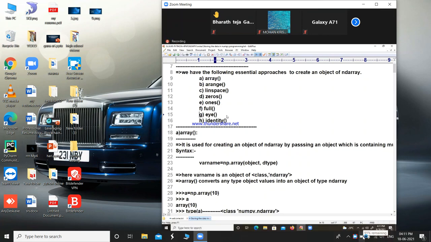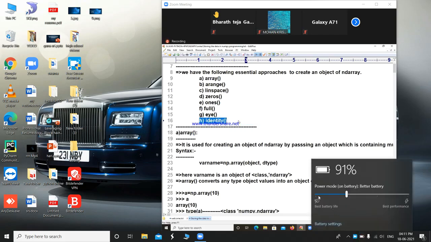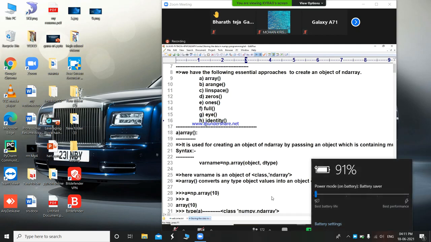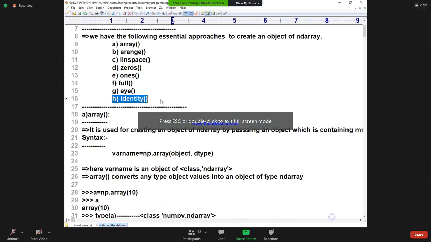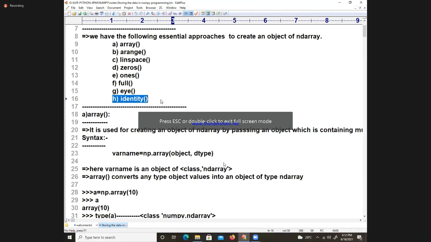What is the difference between the I function and the identity function? What does the identity function always generate? A square matrix, which is always generating what? The identity matrix, where principal diagonal elements are 1 and